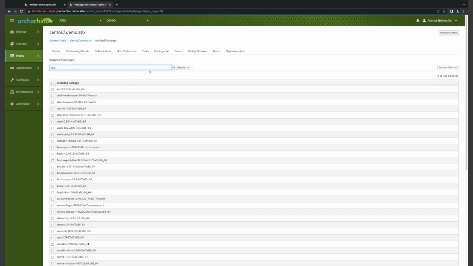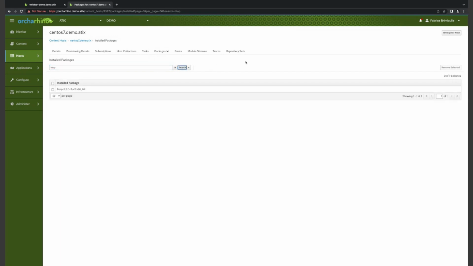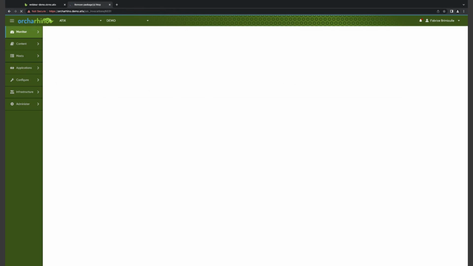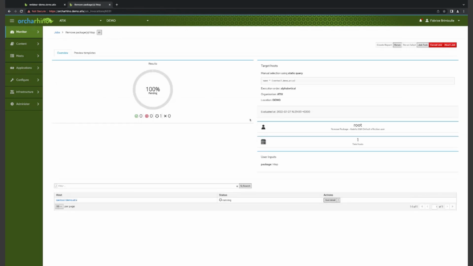So let's have a look if htop is installed. We had here our list of installed packages. I type in htop, click on search, and apparently we have htop installed. So let's just remove htop. We connect to orcharhino, choose package remove, htop, perform, and now a remote execution has been triggered towards